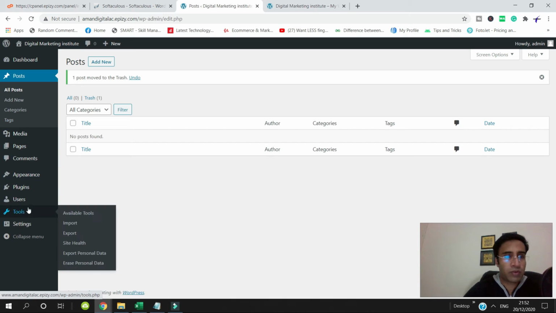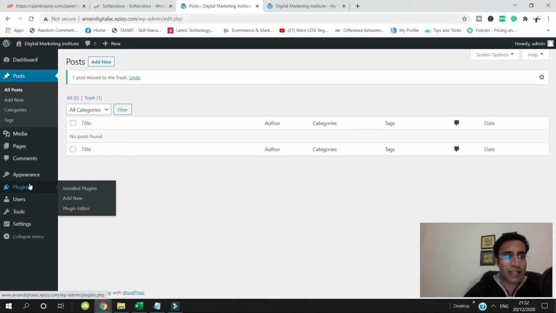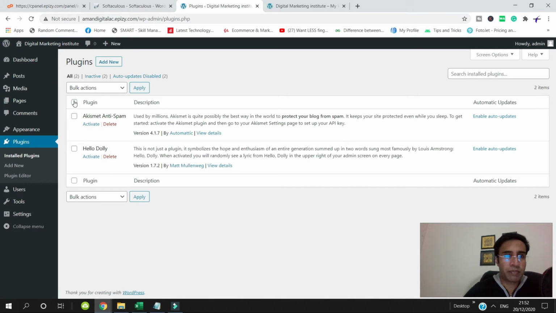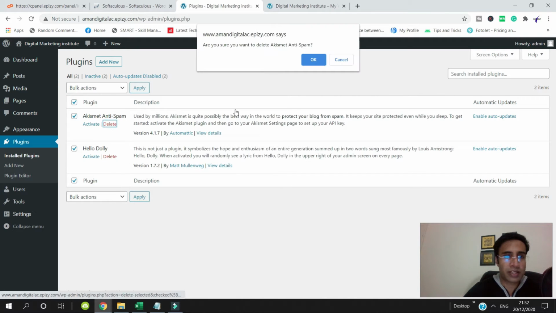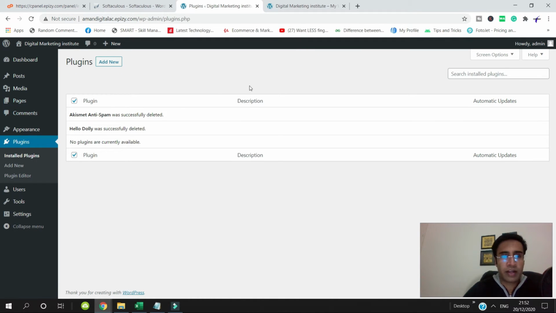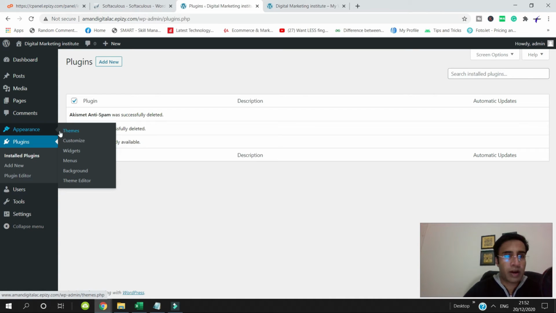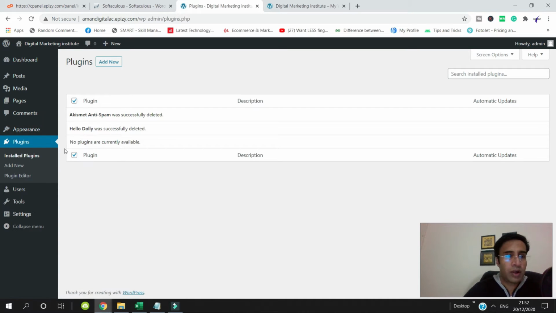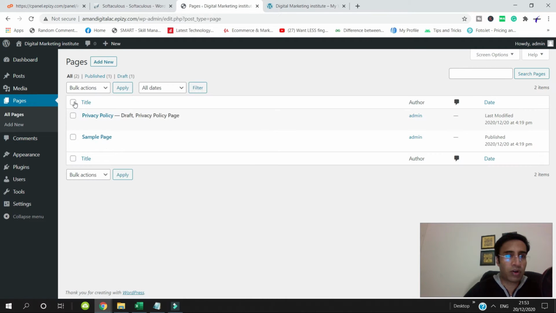Second thing you have to do is check what plugins are there. Okay, what are the pre-installed plugins on your website? So these are the pre-plugins, and we don't want any of these plugins, so you have to clear all of them. So I have cleared all these plugins over here. Now what are the things that you have to do? There are three things we did. First, we deleted all the pages.